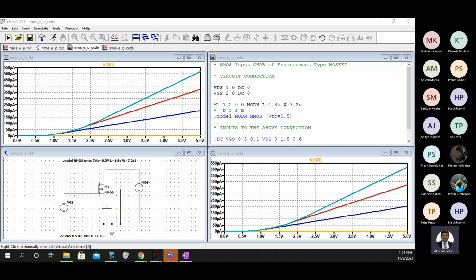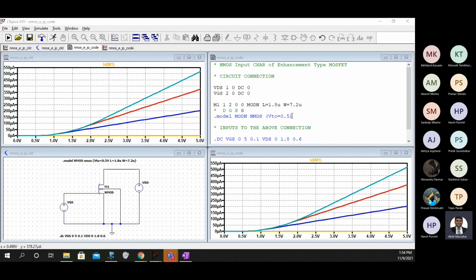Everybody of you should post these two outputs in the chat. Any doubts in both of these?